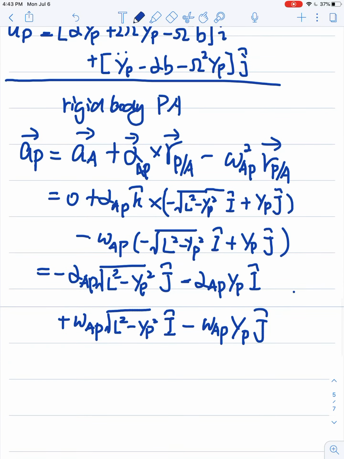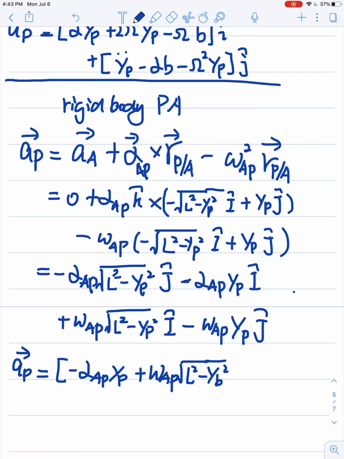This is J. Then we can combine all the I terms and J terms to find that AP is negative alpha AP YP plus, okay, this is all in the I direction, plus